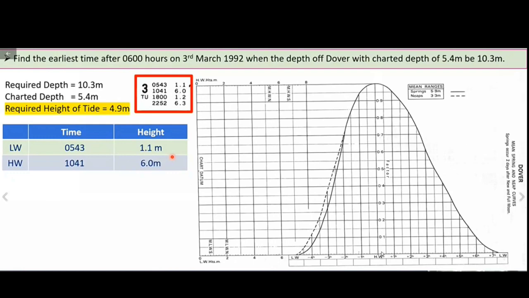नहीं बेटा, हम 0543 की रेफरेंस लेंगे ही नहीं, हम 1041 की रेफरेंस से ही निकालेंगे। आगे आगे आएगा, आप चेक कर लेना। ओके सर। हम जब टाइम निकालेंगे तो 1041 के रेफरेंस में निकालेंगे, या तो 1041 में कुछ ऐड करेंगे या 1041 में कुछ सब्ट्रैक्ट करेंगे, क्योंकि 1041 ही हाई वाटर का टाइम है। हम लोग 543 में कुछ ऐड सब्ट्रैक्ट करने वाले नहीं हैं।